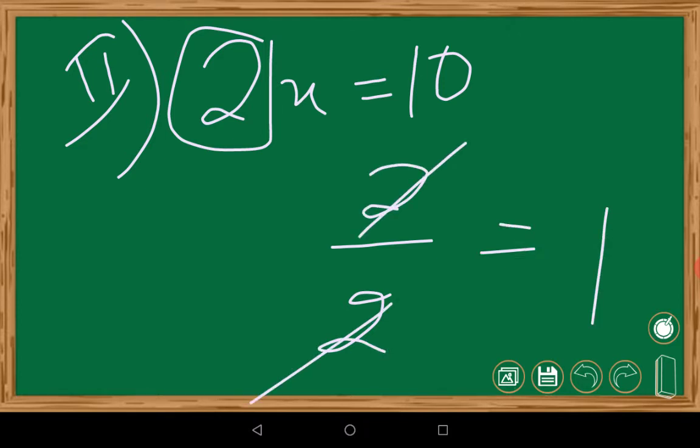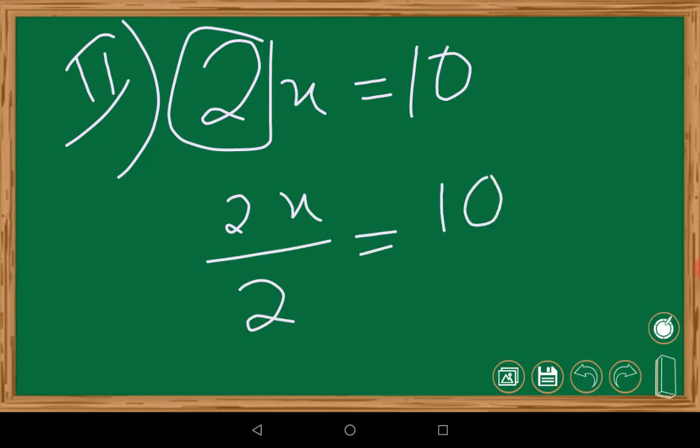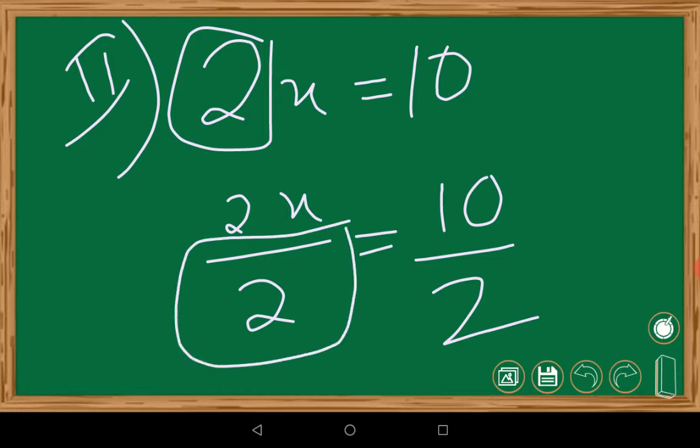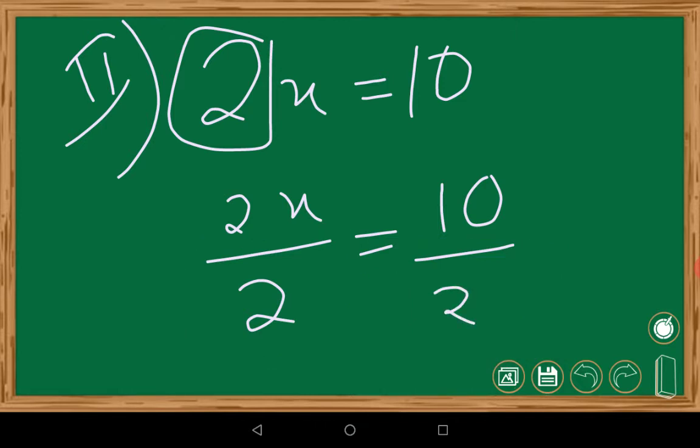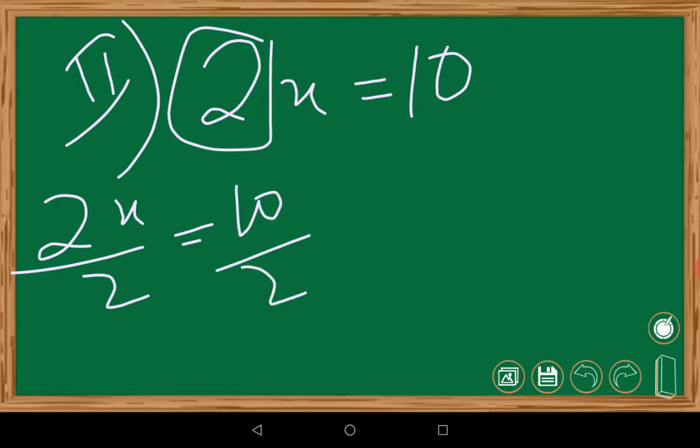So here, in the same way, 2x by 2 is equal to 10. If you don't do any operation on the other side, it will again be unbalanced. So whatever extra operation we did here, that is the division by 2, we have to do for 10 also. That's all. Simple. Then we get 2x by 2 is equal to 10 by 2. This is the equation we got now. Because we had to balance, we put by 2 here also. I think you understood that.